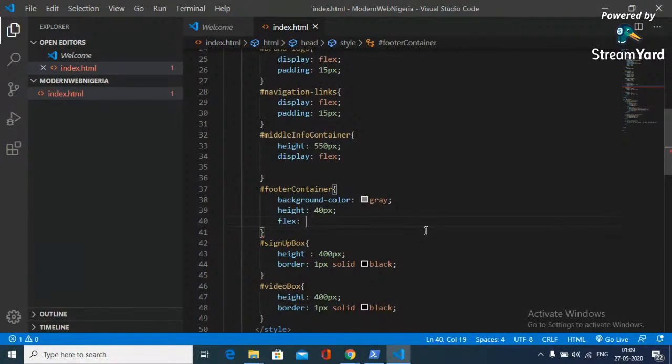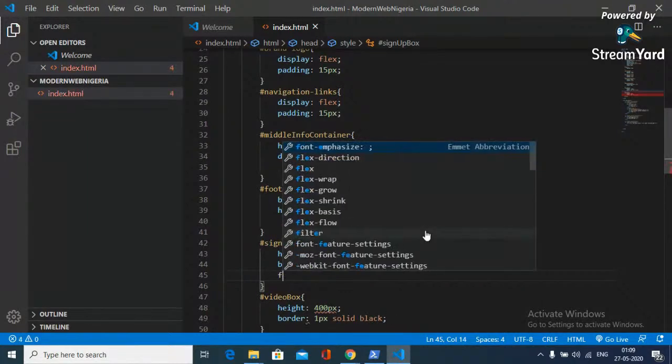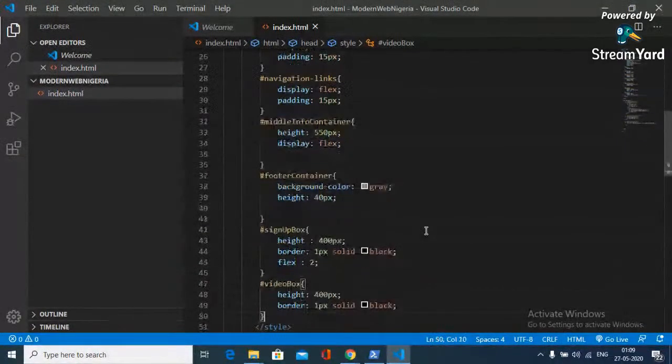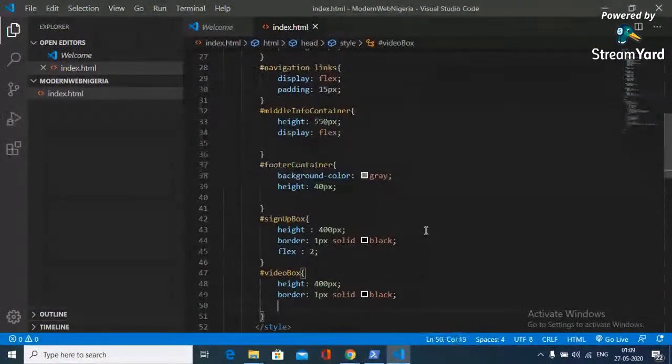Like, let's say our screen is of 100% width, right? So I will say that you take two. I'm sorry, I'm writing the code in the wrong thing. I just want to give sign up box flex two. I want to give two parts of my screen to sign up box and one part of the screen as,